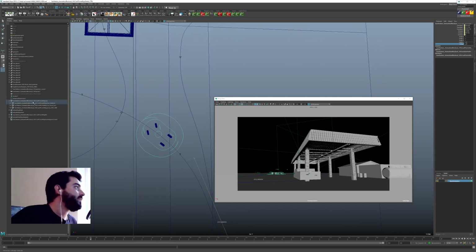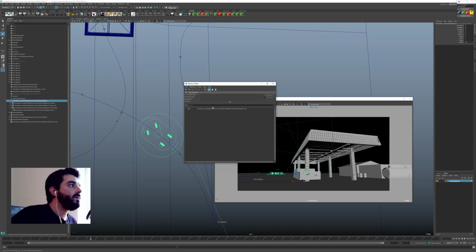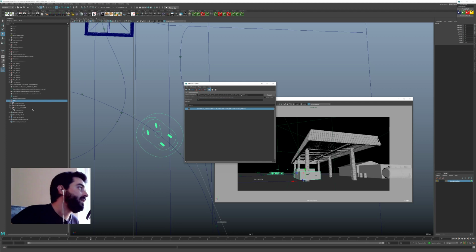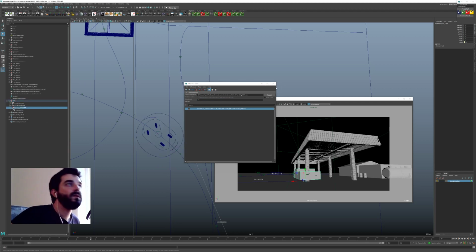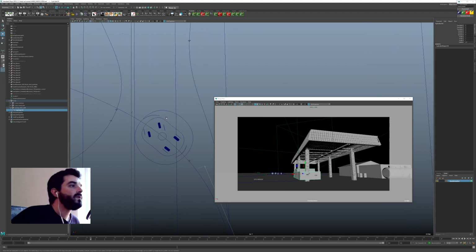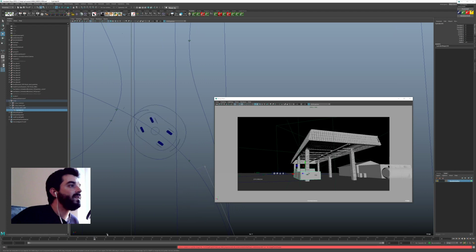And another problem I see in here is that the name is very long because of namespaces. So I'm going to the reference editor, grab the reference, and I'm going to just call this thing C, stands for car. So the name is a bit more readable by a poor human, the way I am. So in here, just not sure why. There you go, it's here, the box is here. It's just Maya is not